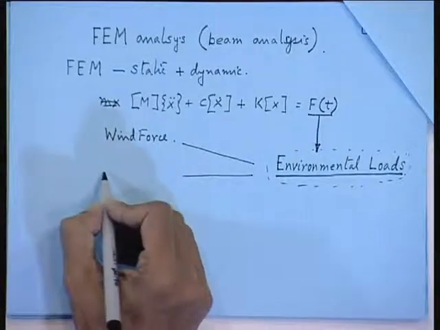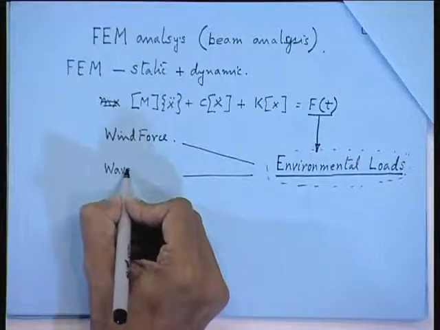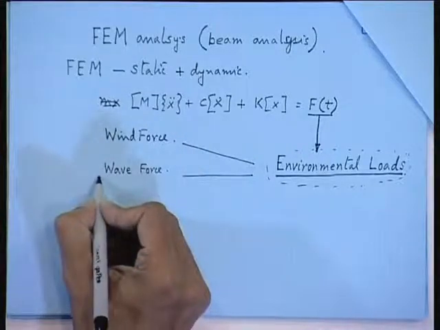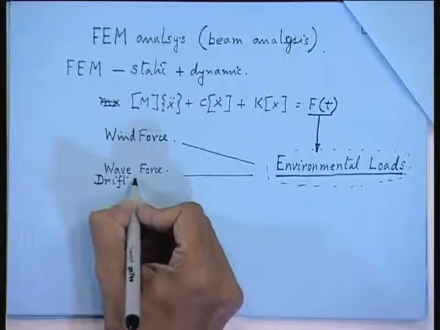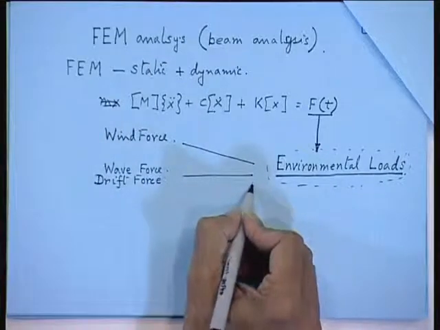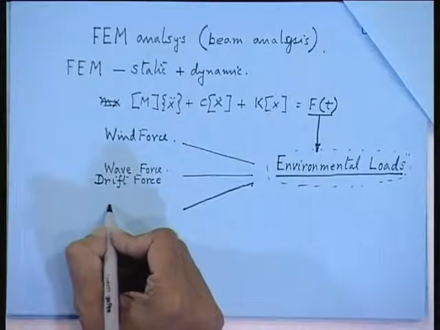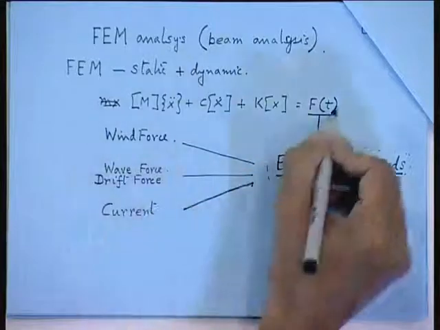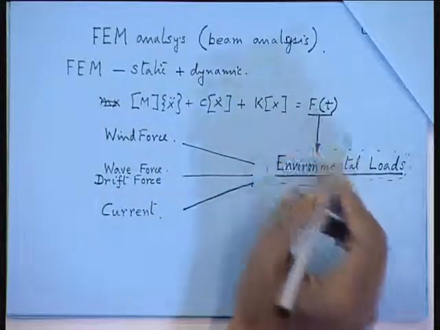At the water line you will have wave force, and I do not know whether you have come across this, another force which is called a drift force. So, these are your environmental forces, and down below you have current. So, these are your environmental force calculations. So, this FT term you have to find out from these forces. So, that is your starting point, and